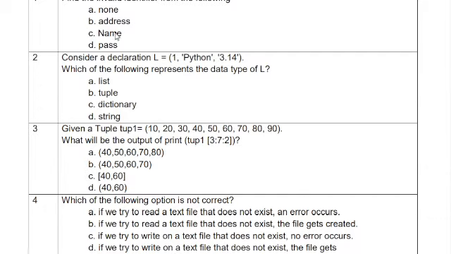Known, address, and name all three follow the identifier rule.